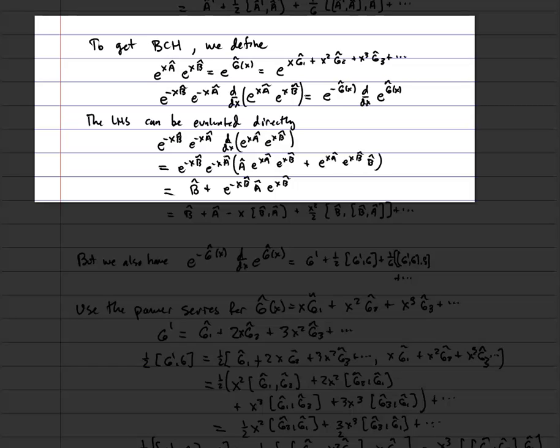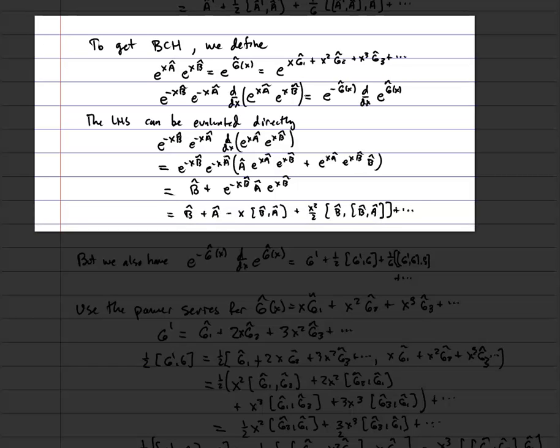I just get a cancellation, e to the minus xa with e to the xa, and then an e to the minus xb with the e to the xb, and I'm just left with the b term. So what I have is b plus this Hadamard on the a. Now notice the Hadamard has a minus xb, so I have to be careful about the sign, but when I evaluate that Hadamard, I'll get b